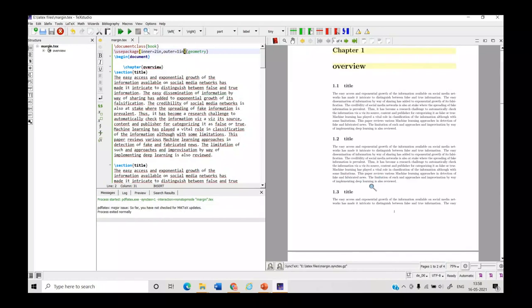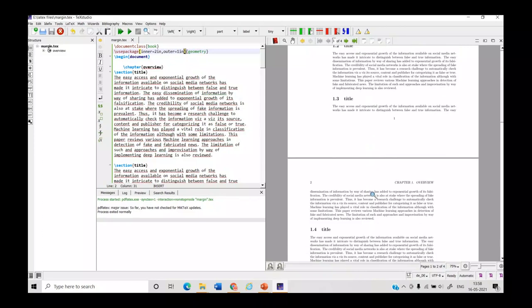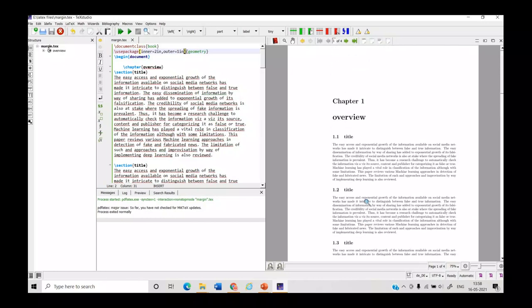Now see what happens. So see, for odd page numbers there is a 2 inch inner margin, and for even page numbers a 2 inch outer margin. Okay. So in case of books, this always happens. You always notice that margins for inner and outer are different. Just remember one thing, the inner margin is always greater than the outer margin. Inner is 2 inches, then outer will be less than 2 inches. Okay. Thank you.